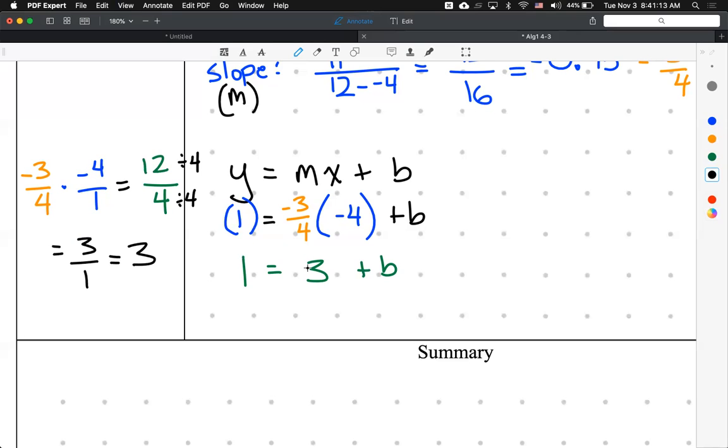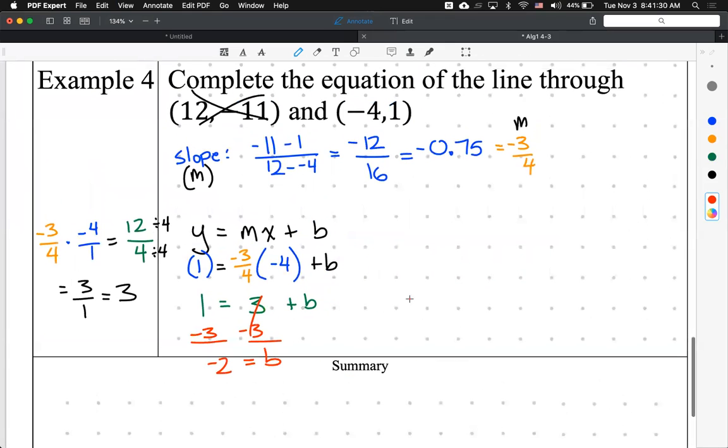And the last step, Alden. Negative 3. And you get b is equal to negative 2. And there it is. We have both pieces to our puzzle. We have the slope, the m, we have our y-intercept, our b. We can write our final answer as y is equal to negative 3/4, which is our slope, x, plus our b,